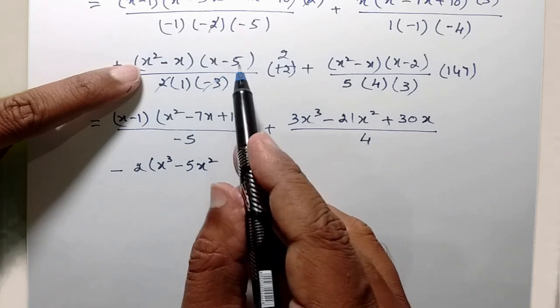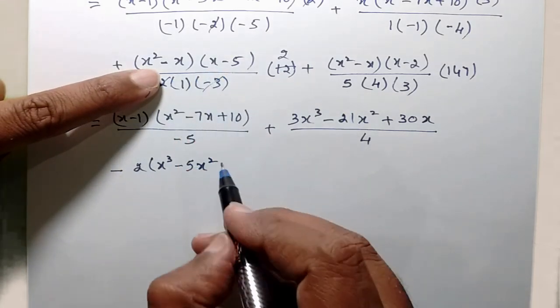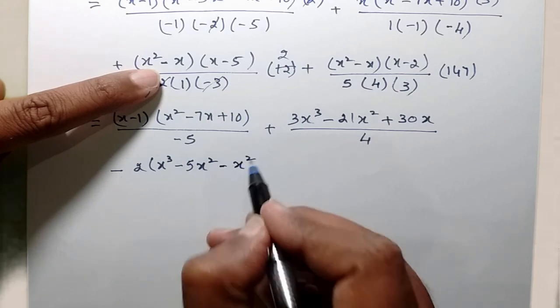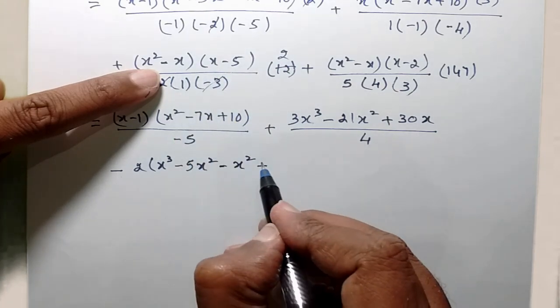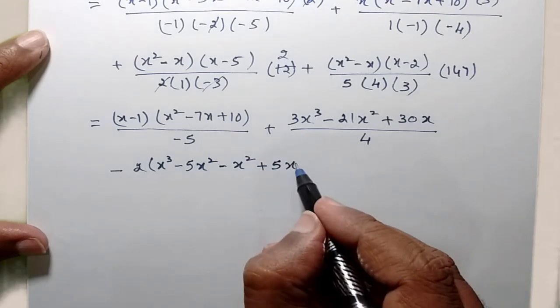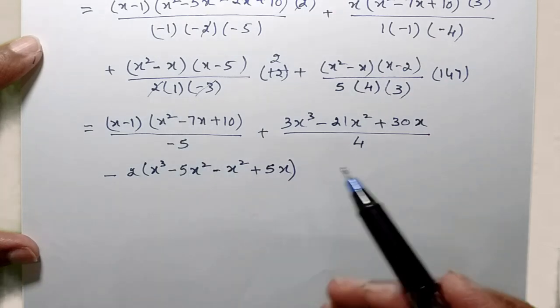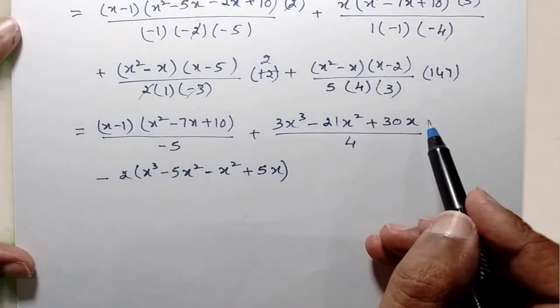So with x square I have multiplied x minus of 5. Now with minus x you have to multiply. Minus x into x will be minus of x square. Minus of minus will become plus, x into 5 will be 5x. So that's the multiplication we have. And divided by 1 is there. That's all, right? So you can just ignore that one.